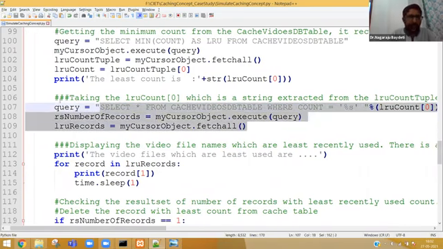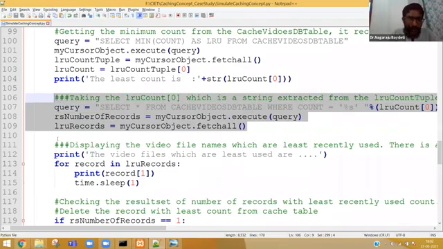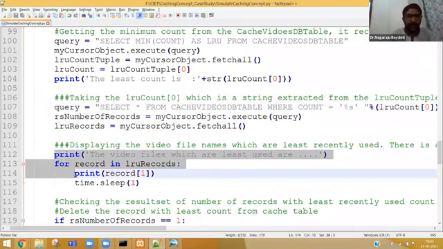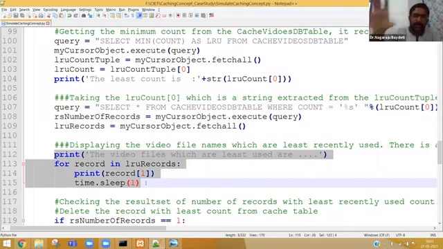After that, everybody please observe. Now from line number 106 to 109, we are fetching all the records with the least count as XYZ. In this case 1. After some time the least count may be different when you execute this program multiple times. Now I am simply displaying those records. How many records have least count?